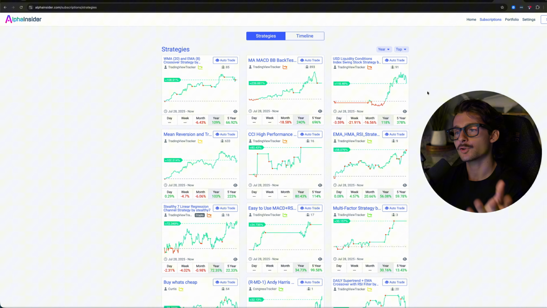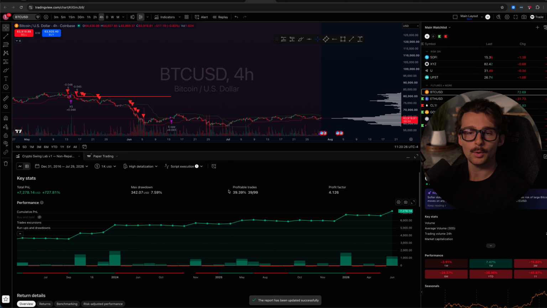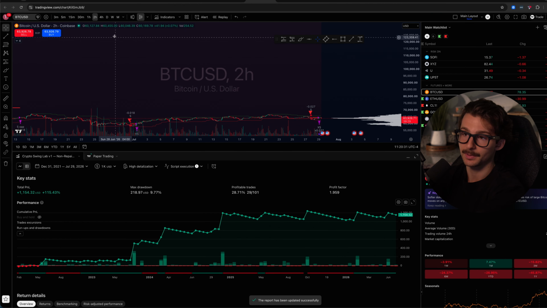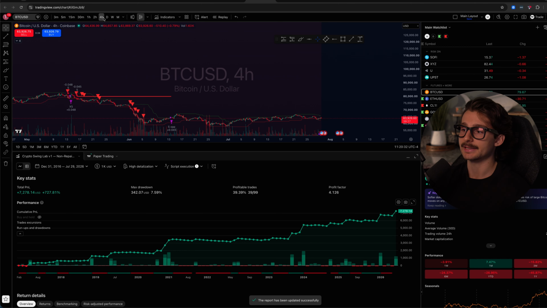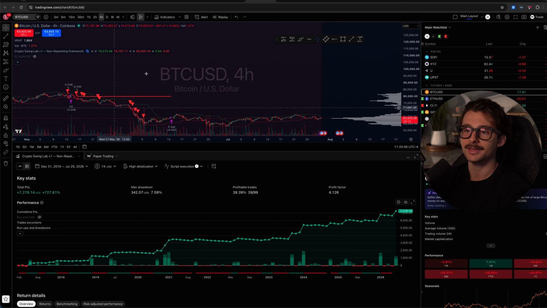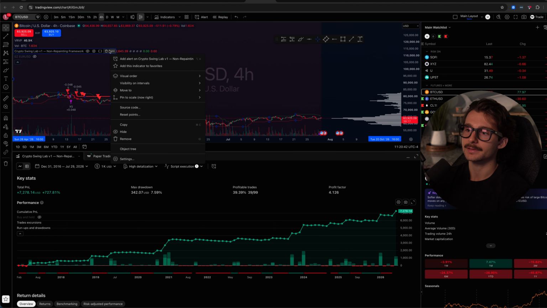The next component is if you want to bring in your own strategy, can we actually forward test it? You might go on to TradingView and you might come up with some sort of back test that looks like this. It's positive, it's up and to the right, it's making money. You're like, wow, my trading strategy, my logic looks great. That's great. It's a back test. What we can now do is we can actually take this back test, click on the 3 dots, click on